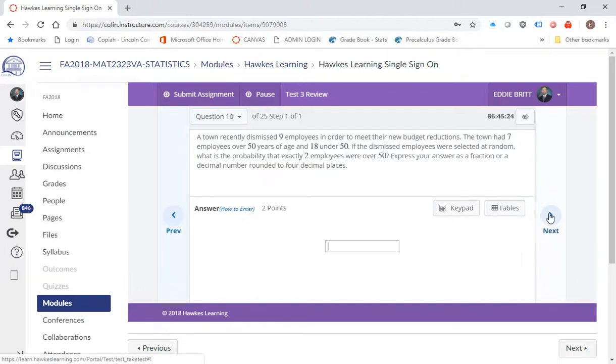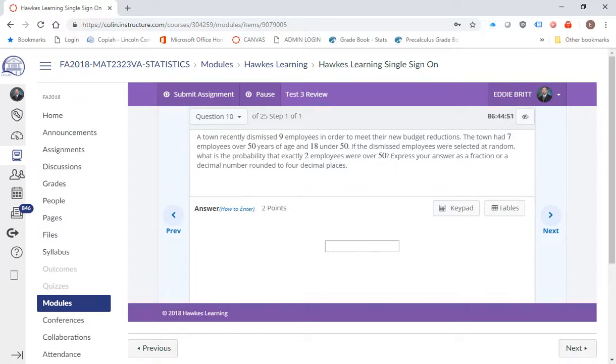Alright, this next problem, this is also a hypergeometric distribution. It says that a town recently dismissed 9 employees. It had 7 employees over 50 years old and 18 under 50. If the dismissed employees were selected at random, what's the probability that exactly two were over 50? Okay,